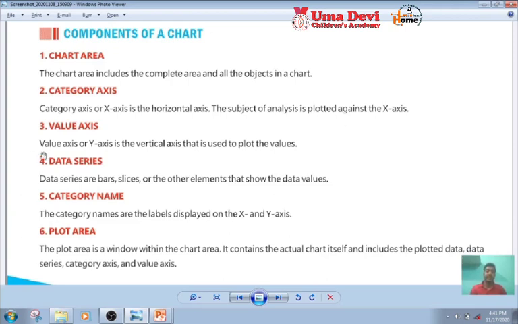Next is value axis or y-axis, the vertical axis that is used to plot the values. Data series are bars, slices or other elements that show the data values. Next is category name. The category names are the labels displayed on the x and y axis. Plot area. The plot area is a window within the chart area. It contains the actual chart itself and includes the plotted data, data series, category axis and value axis.